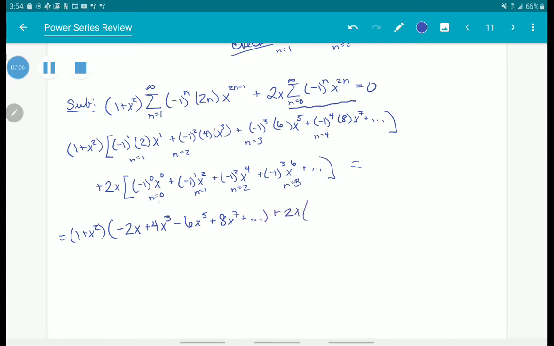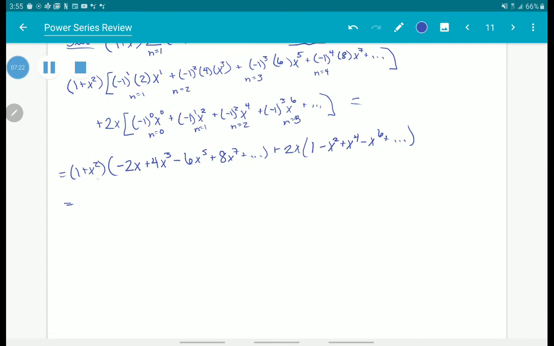And then here, if we were to clean this up, we're going to have a 1 minus x squared plus x to the fourth minus x to the sixth. So we're going to do some distributing here. If I were to distribute that 1 to everything in here, and then if I were to distribute that x squared, and I'm going to line everything up vertically, so it's